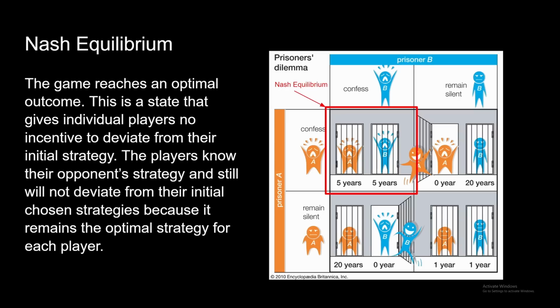Now there's something called Nash's equilibrium. Nash's equilibrium is when the game reaches an optimal outcome, and this is the scenario where no player stands to gain an advantage anymore. This is the most optimal scenario for each player. So in this case, both prisoners confessing is Nash's equilibrium because that is the most optimal scenario individually for each player. And keep Nash's equilibrium in mind because it's very important, and Nash's equilibrium basically is a very good predictor of how the world and how a system is going to end up, because that is the optimal outcome for the highest number of players.